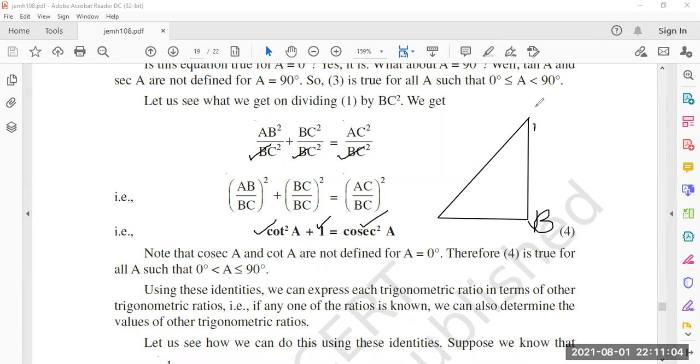Here you take B, this as A, this as C. So when you do this comparison you get this identity, that is cot square A plus 1 is equal to